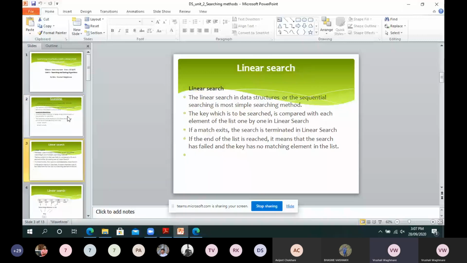So what is meant by linear search? Suppose I have a large amount of data in an array, say 25 or 30 elements, and out of that I want to find one element. That array can have random data. It is not sorted data, it is random data. So if I want to find a particular element, then